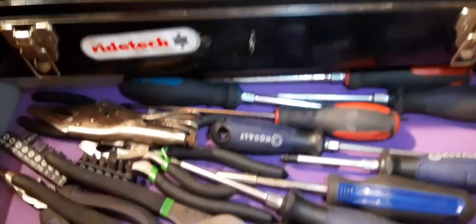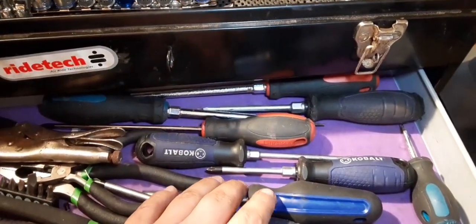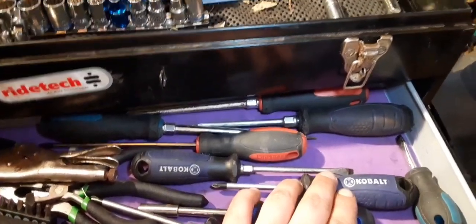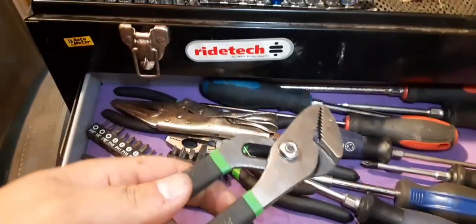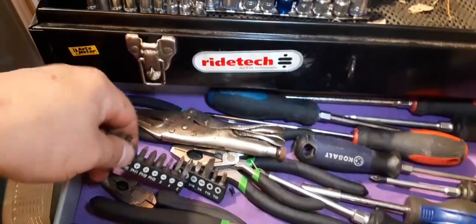And first drawer, I have a bunch of flatheads and Phillips from Cobalt and Harbor Freight. Pliers from Pittsburgh, Harbor Freight. Then I got these bits for